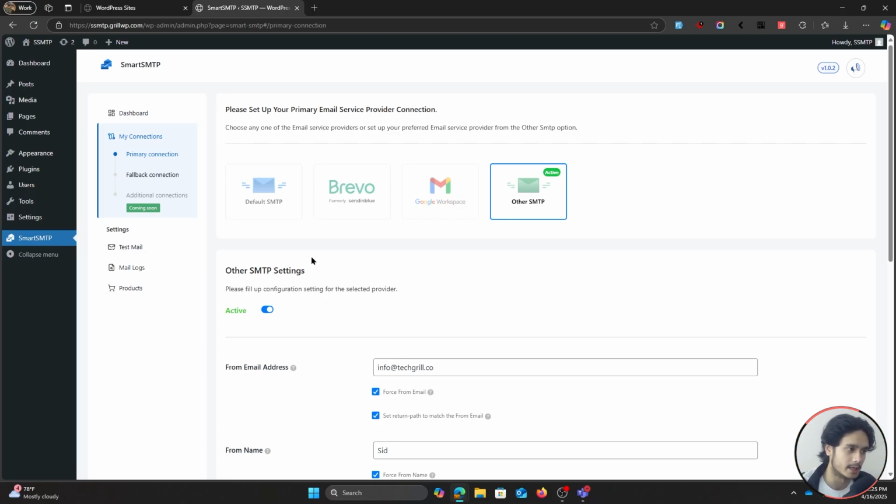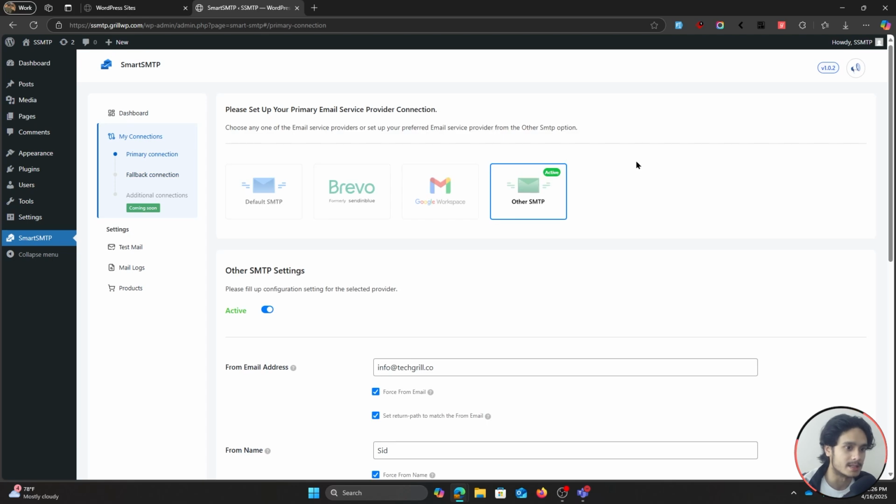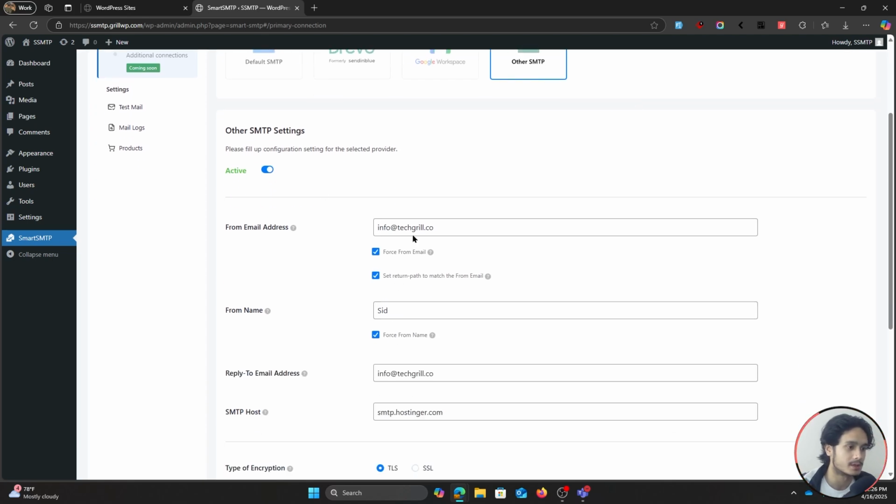Now, if you really care about your email delivery and you want to set up a fallback connection, then let's talk about our fallback connection now. So you may set up a fallback connection if you need. It is totally optional. This connection will trigger if the primary connection fails for any reason. Now, I've had these issues where I set up a SMTP connection for a mailbox like